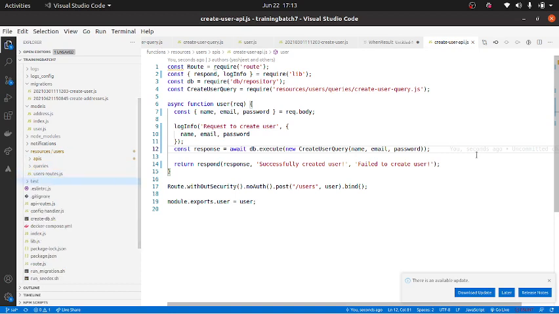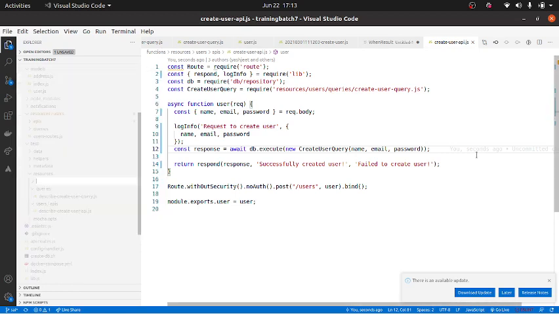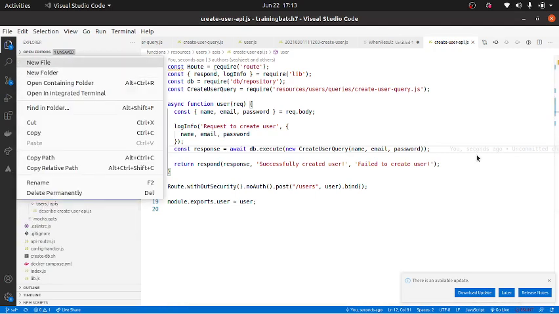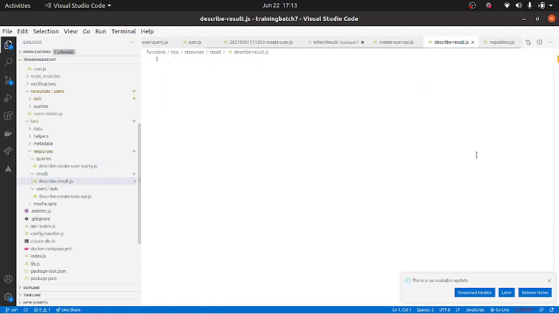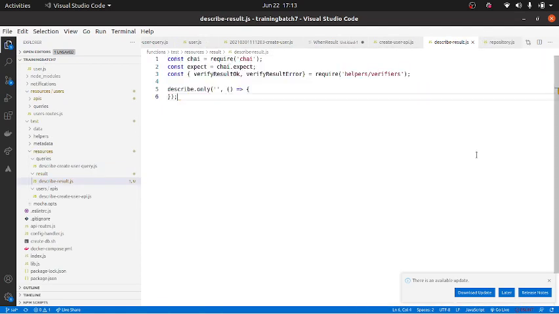So I will start writing a test case, resources query user. Describe result.js, unit test case.